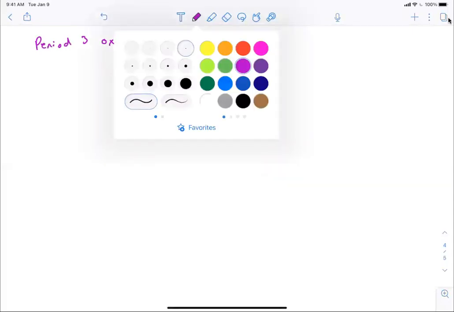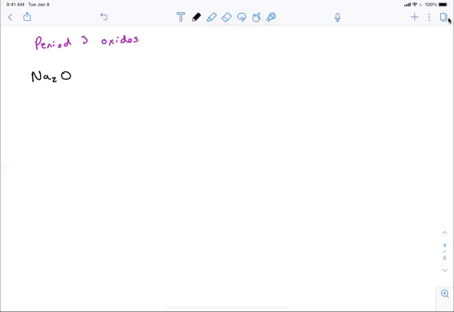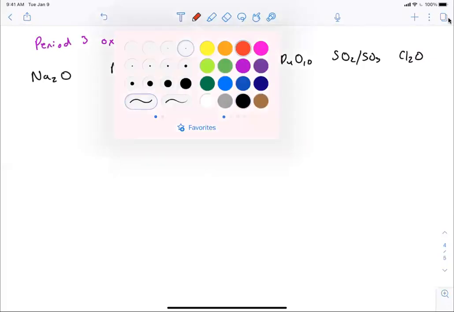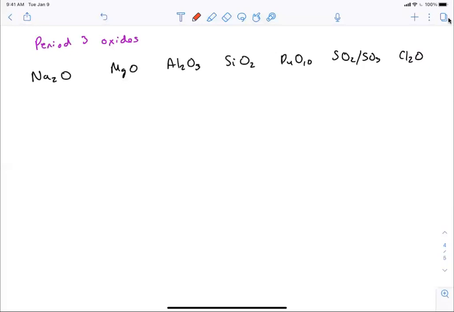And so when I talk about period 3 oxides, I'm talking about Na2O, MgO, Al2O3, SiO2, P4O10, SO2, SO3, and Cl2O. Now, Cl2O is kind of there, but you don't really need to know it. And what's nice is these show a lot of good physical properties that are measurable to see their reactions. And so the first thing I want to address is that,